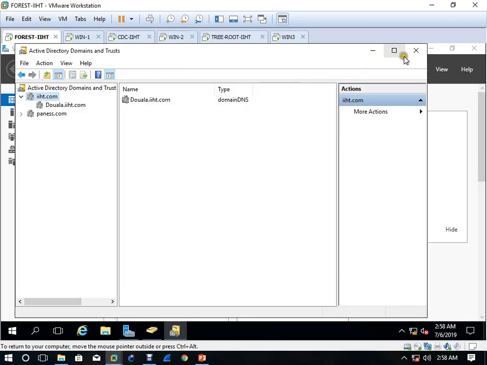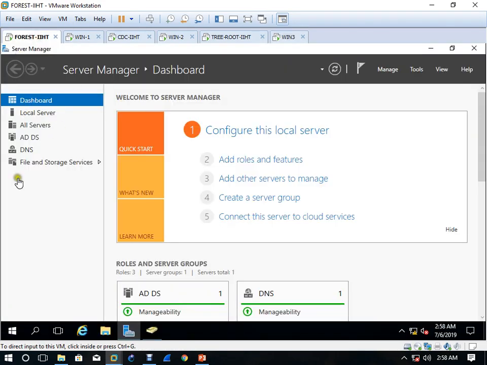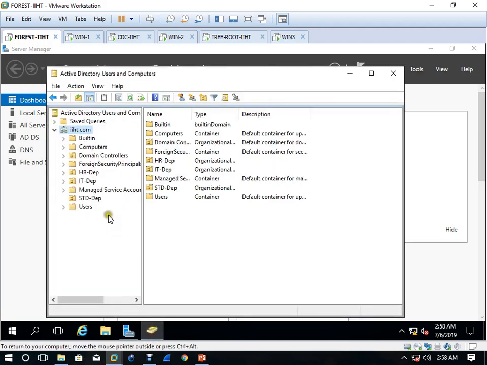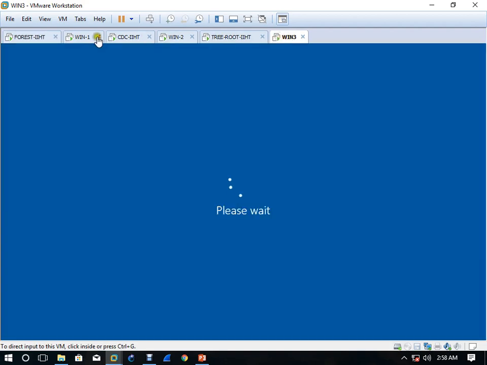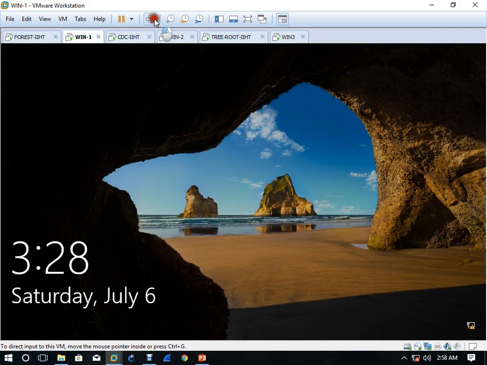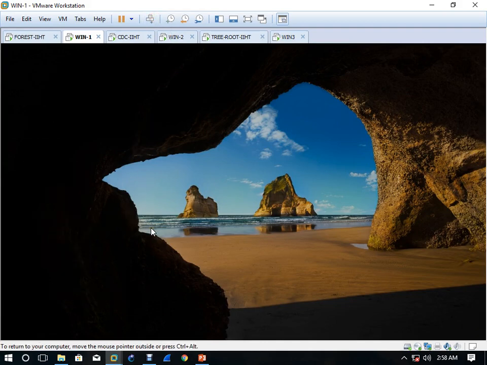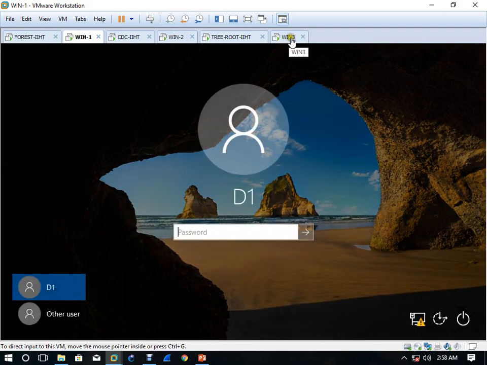Now let's come here. On this system we can try to log in with student 1, and on this system we are going to log in with the user of tree root.